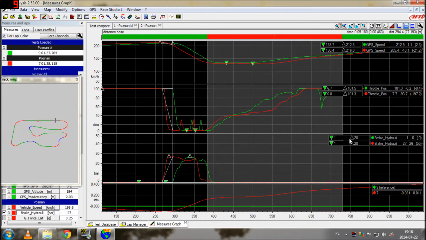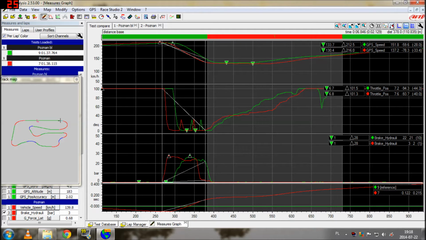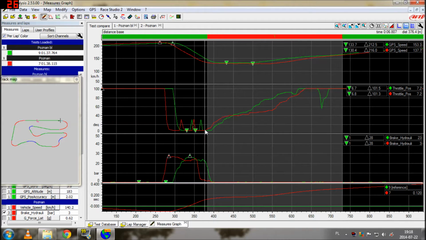So he's very consistent on braking in this particular corner. Those blips here are downshifting. Okay, so let's see now the throttle application. You can see that on the slower lap, the driver, let's switch off the delta function, the driver starts to apply the throttle earlier,